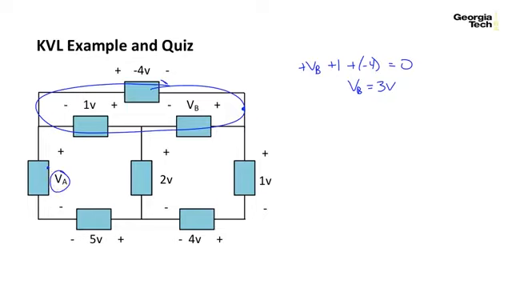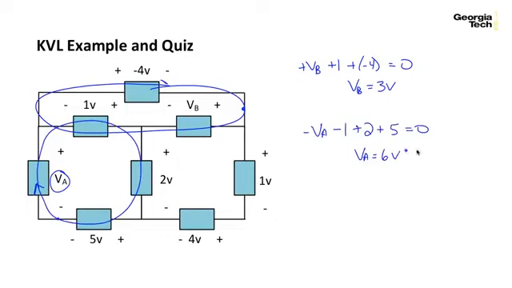Okay, to solve for V sub A, I can do a Kirchhoff's voltage law around here. So V sub A is equal to 6 volts. Now the other thing to note about this is that this has got to be true for every other loop. So with these values, V sub A and V sub B being defined and everything else, then I should